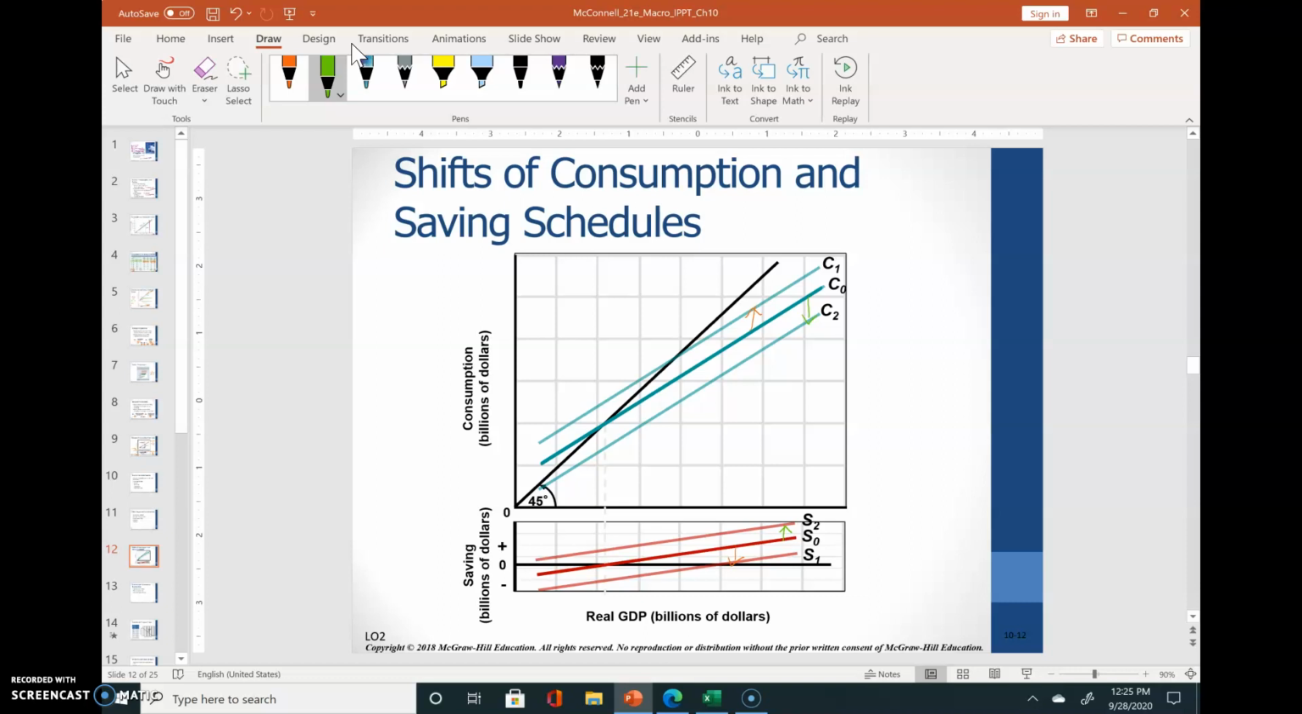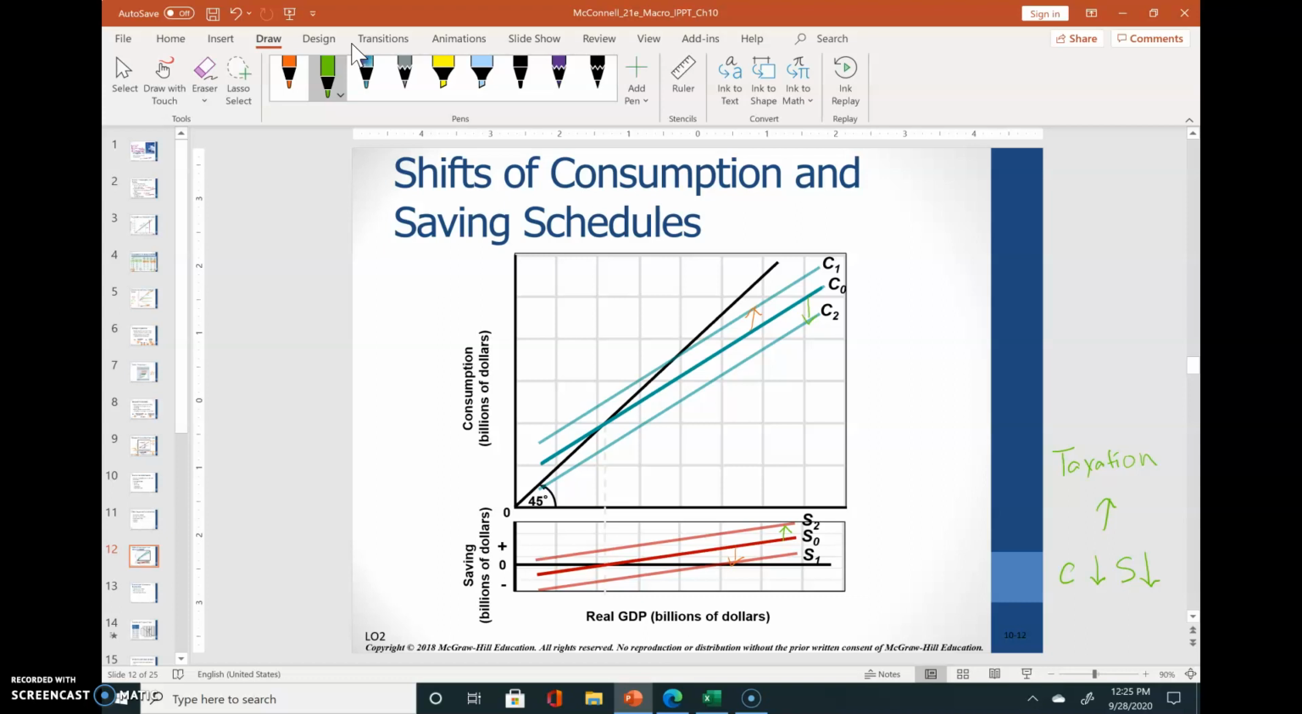However, if we have taxation in the economy, a change in taxes will shift both the consumption and the savings schedule in the same direction. An increase in taxes, if this goes up, the consumption schedule will shift down and the savings schedule will also shift down. We need to remember that people's consumption and savings in an economy are relatively stable unless